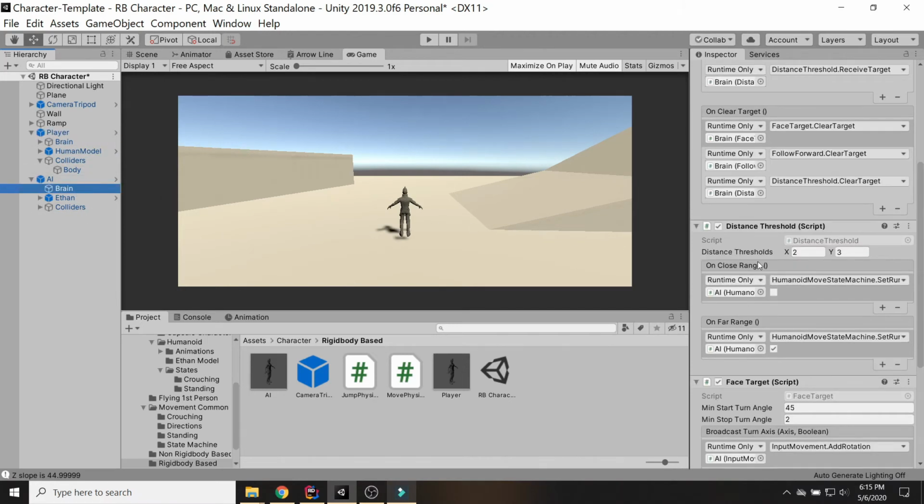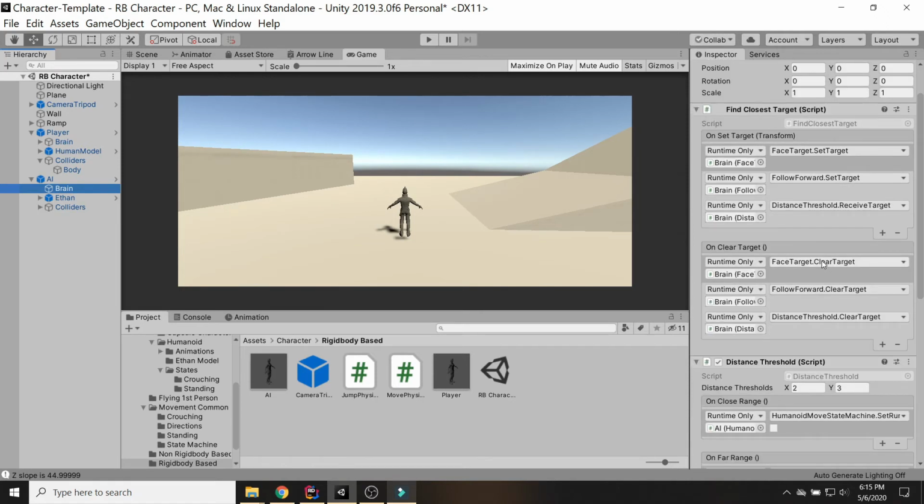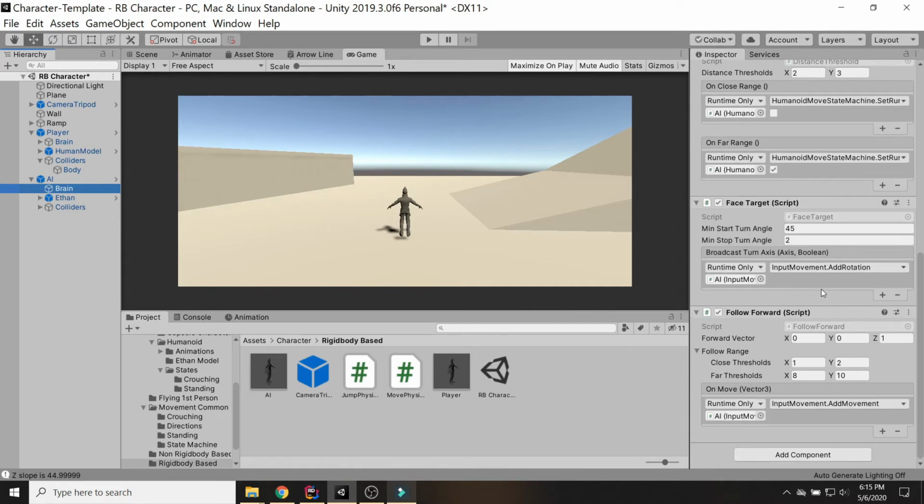Except that instead of having keyboard input, it has some follow logic, which essentially simulates keyboard input. This particular AI always moves forward when it's in range of a target, and I can set what the thresholds are, and it turns to face the target. If I wanted a different kind of AI, let's say just a capsule or something symmetrical, and it just changed directions rather than turning to face its target,